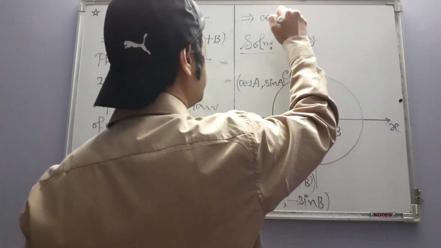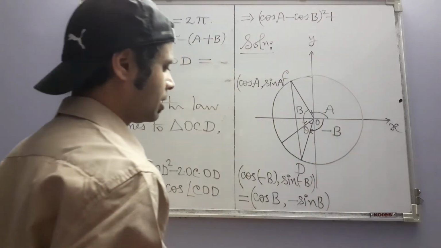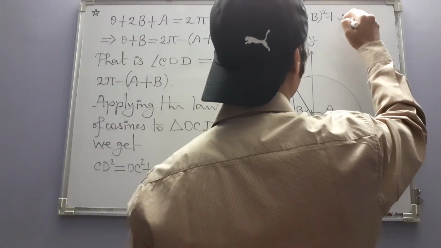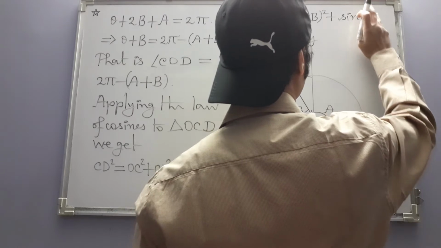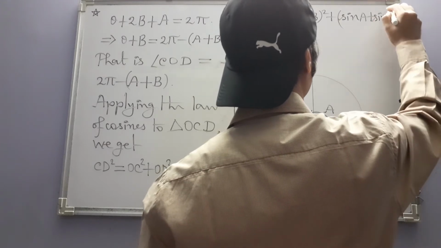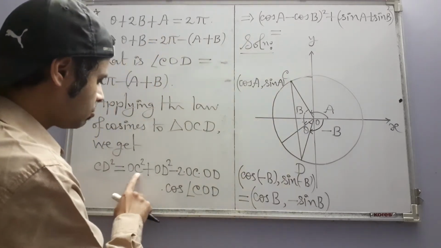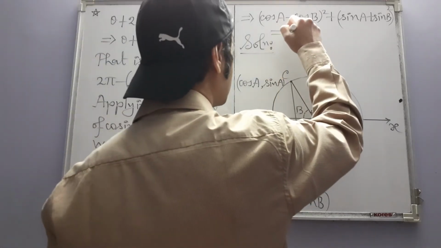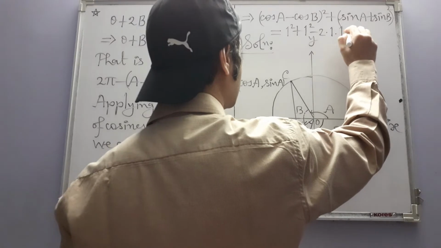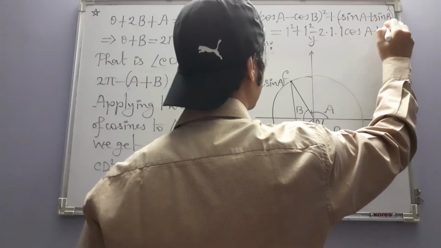So (cos A minus cos B) whole square plus (sin A minus sin B, that means sin A plus sin B) whole square, that is equal to OC and OD are both equal to 1. So 1 square plus 1 square minus 2 times 1 times 1 times cos A plus B,